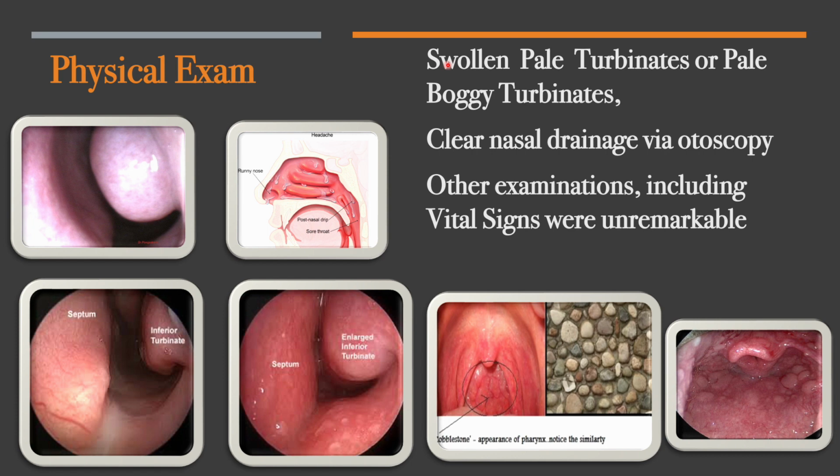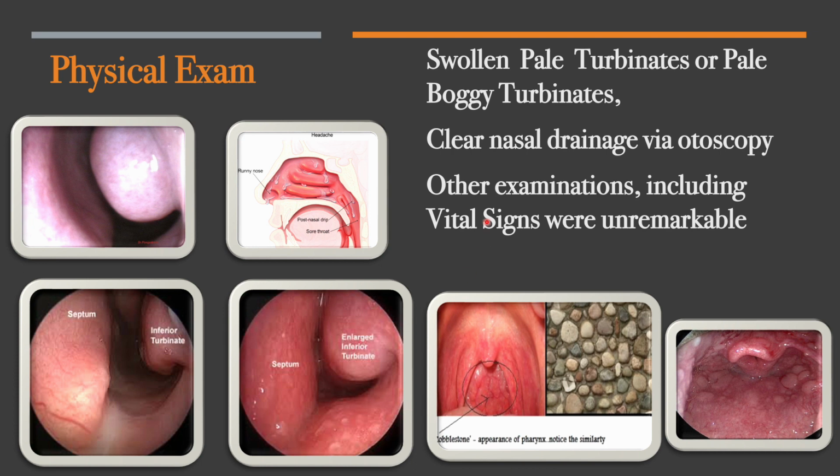You also noted swollen pale turbinate or pale boggy turbinate, enlarged turbinate. This is the normal physiology of normal turbinate, and this is alteration via allergens or any other mechanism. Clear nasal drainage via otoscopy. You can clearly see that there's a clear nasal